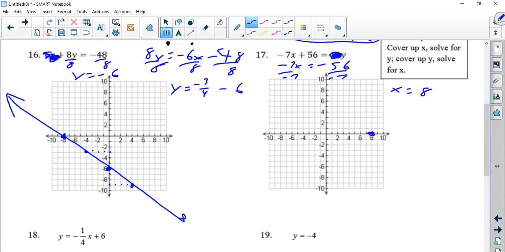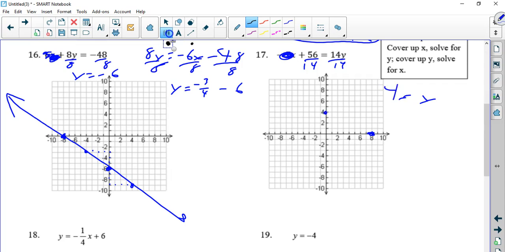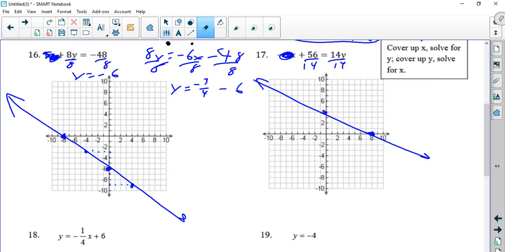All right. Then, instead, if I cover up negative 7x, I have to divide by 14, and that's y is equal to 4. That's up here. Notice again, I have a negative slope. All right. Now again, if I wanted to, since the y was by itself on the right side, sort of, if I divide everything by 14,